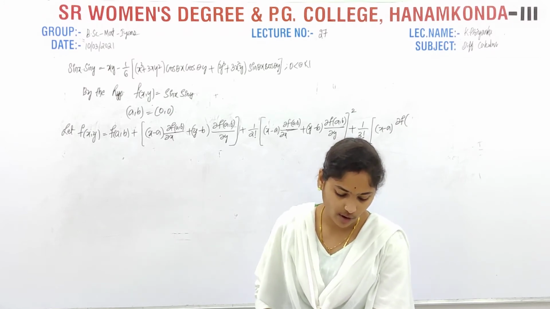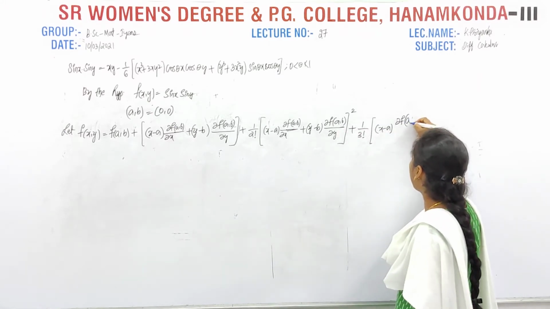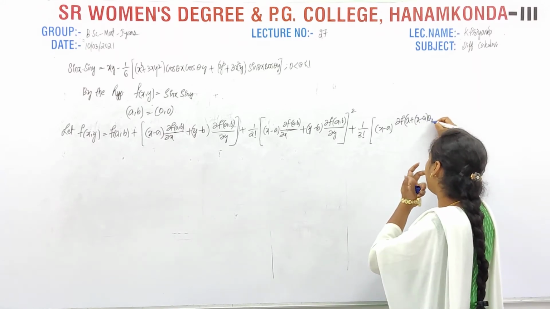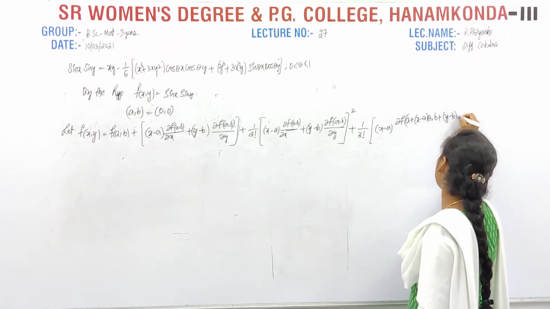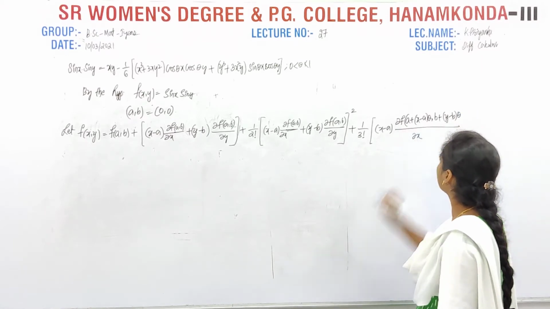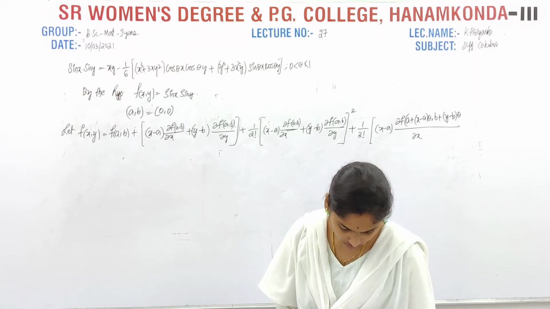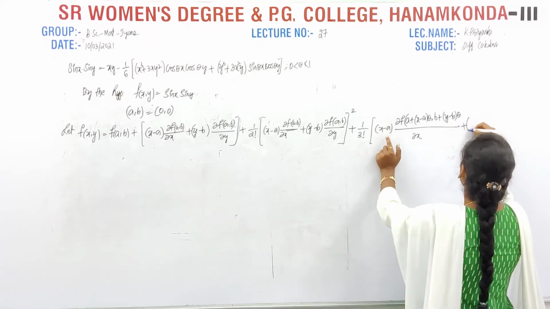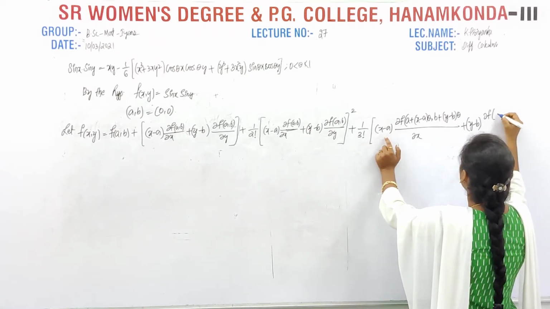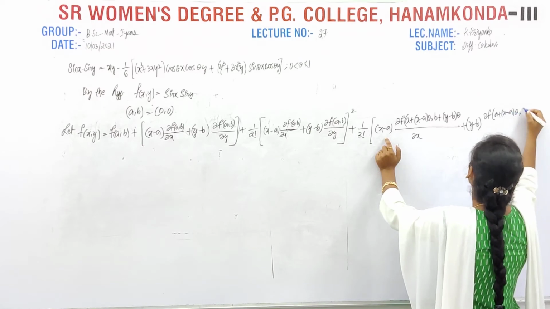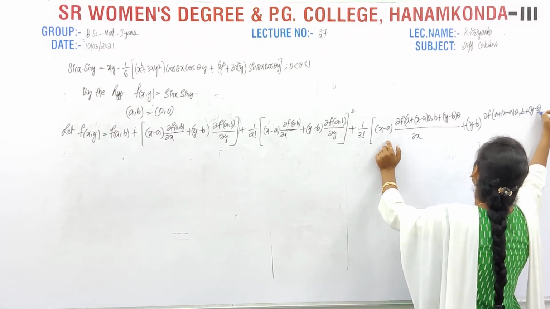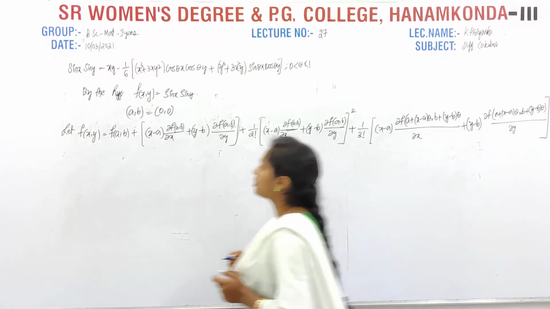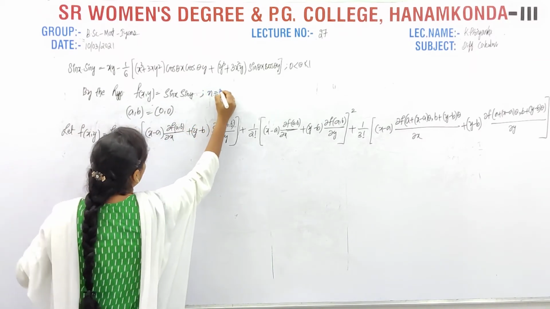I gave the formula, so in that formula the point is nothing but a plus (x minus a) into theta, the next b plus (y minus b) theta by dou x. So like that we have to consider. Now next plus (y minus b) into dou f by dou y at a plus (x minus a) theta comma b plus (y minus b) theta, whole cube. Okay, so up to the third term because here I mentioned that n is equal to 3.